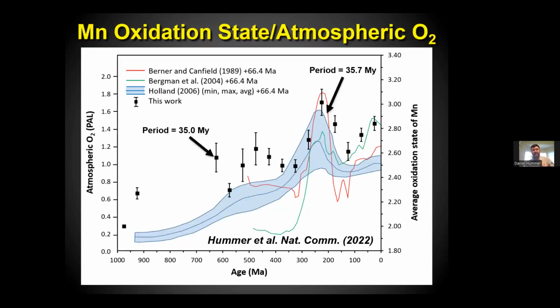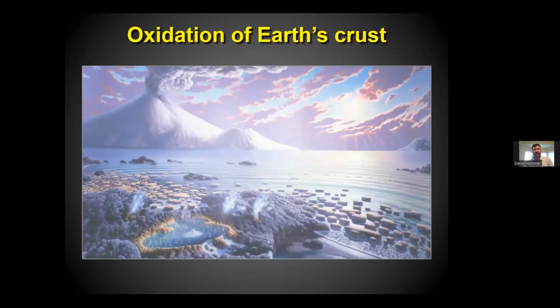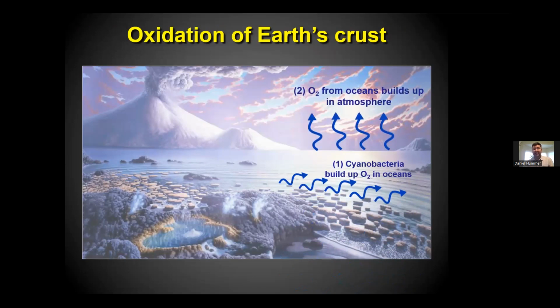So what we think this means is that oxygen rose in the atmosphere. It was being produced by microorganisms that were conducting photosynthesis. It was pumping oxygen into the oceans and the atmosphere. And then there's somewhat of a time lag as that oxygen slowly works its way through fluids, through processes like subduction, works its way into the Earth's crust and began oxidizing all of those manganese minerals. So we have cyanobacteria, building up photosynthetic oxygen in the oceans. That then leaks into the atmosphere.